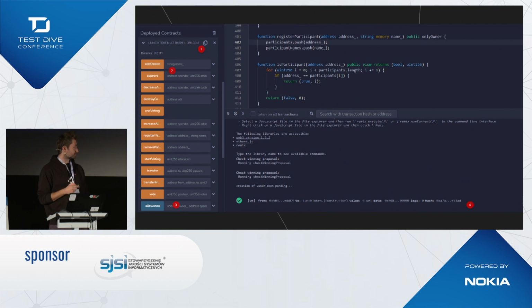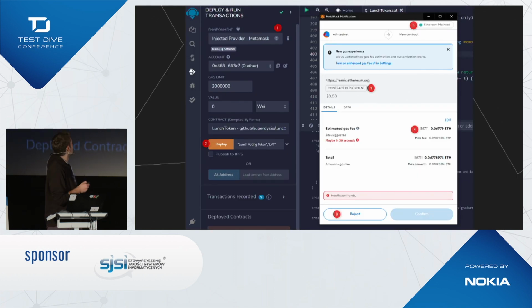Okay, so when everything looks good here, we can go to the testnet. And here, it is important now to have MetaMask. You deploy again, and then you will get this pop-up from MetaMask, which says that we are trying to deploy the contract, that our gas fee would be almost $90, so that's a lot, and that we are on the mainnet. And that's the most important thing to check here, because you do not want to pay an actual $90 for deploying a contract just for fun. And here you should have something like Ropsten, Rinkeby, or whatever other test network. And then you just confirm the transaction, or in that case, reject.